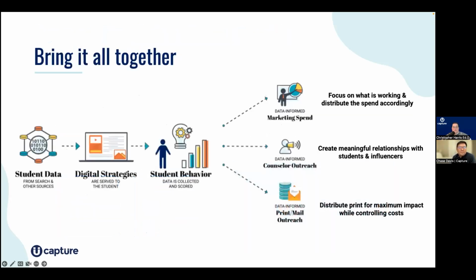So when we bring it all together, Chase, and we think about the machine that is recruitment now, there's a ton of data out there. Everybody has it. Some people don't know what to do with it. Some people just are overwhelmed with it. Drinking out of a 4-inch fire hose that's on high. There's a ton of data out there, but having those digital strategies, and that strategy talk with experts like you